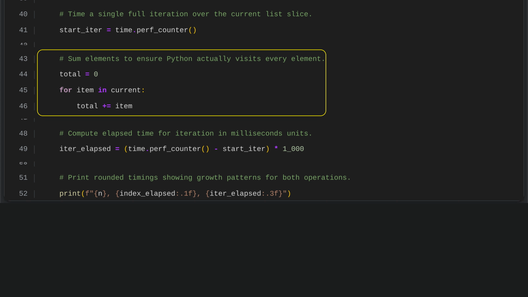We begin by setting a running total to 0, which will store the sum of the list elements. Then we loop through each item in the current portion of the list and add its value to this total. By visiting every element and including its value, the process ensures that the final total represents the sum of the